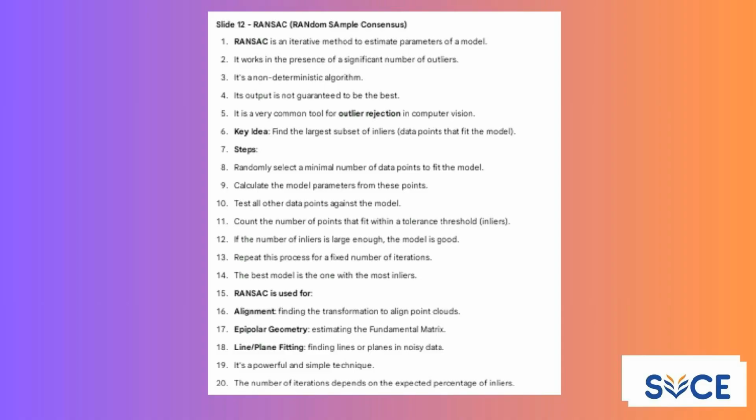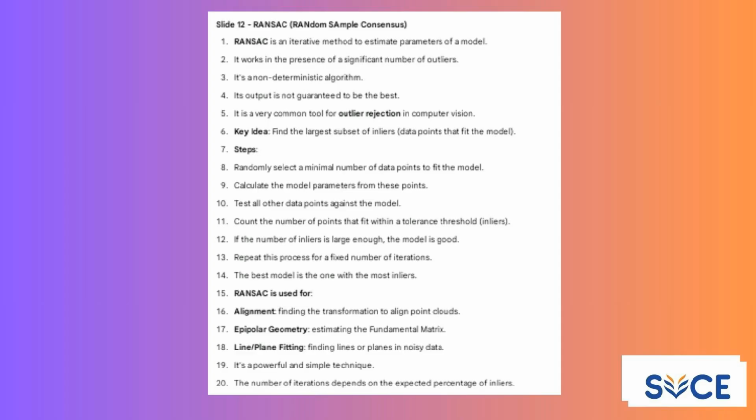For example, to fit a line, we pick 2 points. Then we calculate the model's parameters. Next, we test every other data point to see if it fits within a certain tolerance. If it does, we call it an inlier. We repeat this process over and over again, and the model that ends up with the largest number of inliers is considered